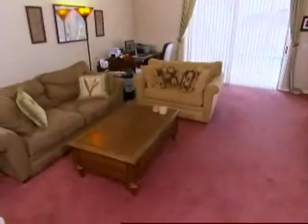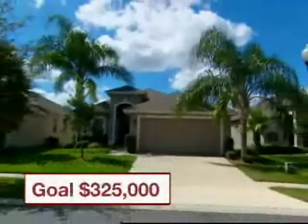Too many negatives? And how about that sluggish Florida market? Laura and David are hoping for $325,000. Overall, if I were to list your home today, I would go ahead and list the property for $300,000. Oh, okay. Not near what we wanted, but...